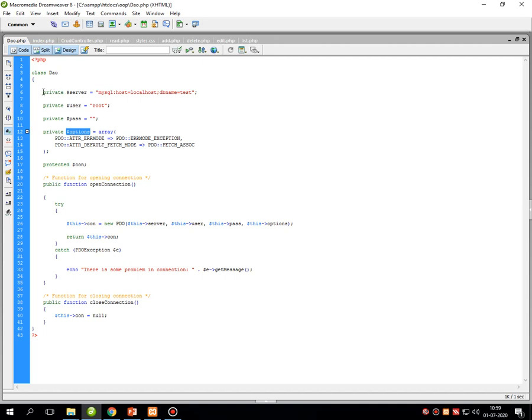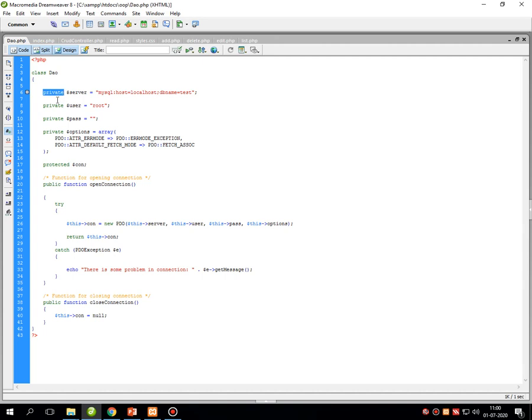So this first object selects the server name from the Apache web server. This particular object is declared with private visibility.